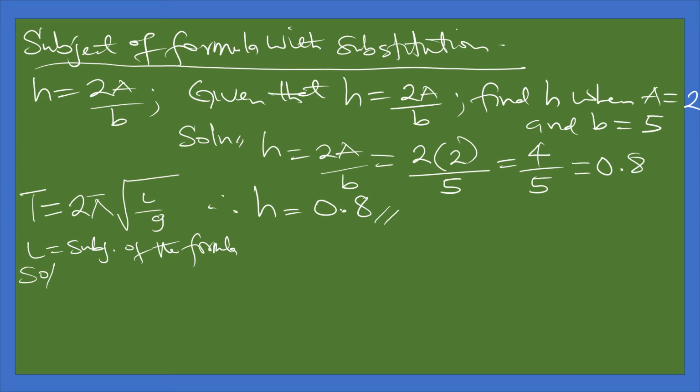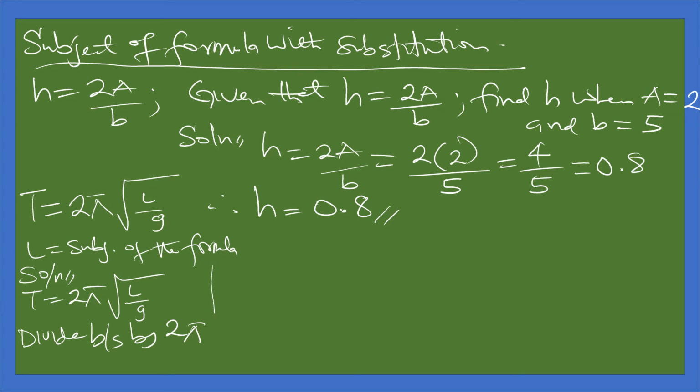Solution, T is equal to 2 pi multiplied by the square root of L over G. Now the first thing to do, we want L to stand alone. So what do we do? We divide first of all both sides by 2 pi. Okay, now this gives us T over 2 pi is equal to